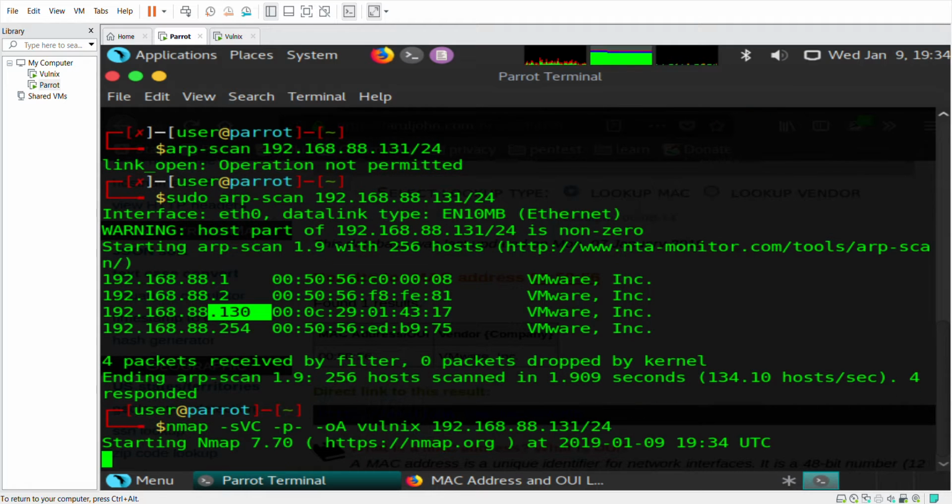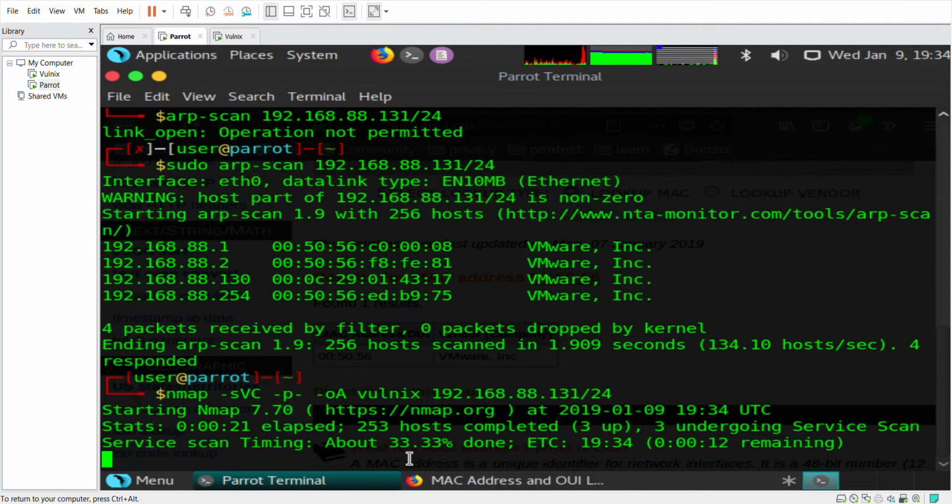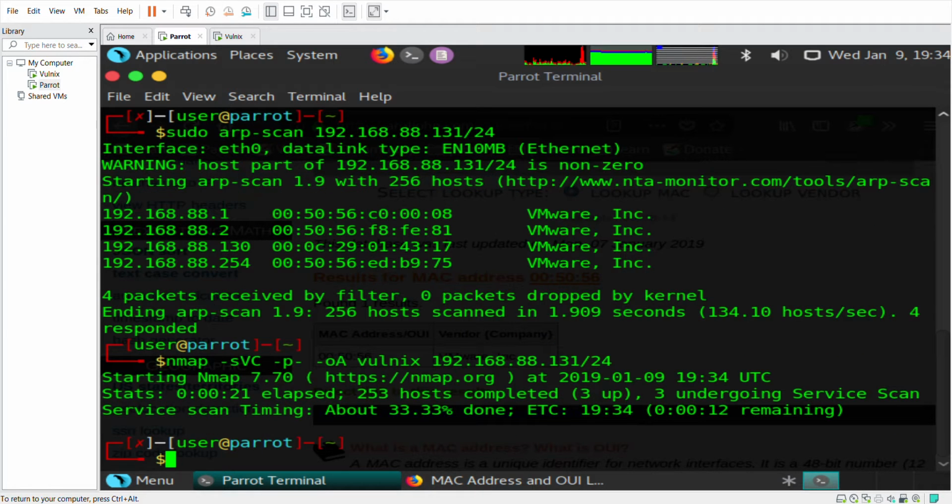We would run that. This takes a couple of minutes to come through because we're querying all ports. We want to save it in 3 different outputs, so nmap, grepable, and XML. We want to throw all the NSE scripts at this. We want to ID the version, so this would take a long time. As we press enter, we can see the percentages. Now this isn't always accurate, it might get up to about 70-80% and then start going back down. So this is going to take a bit of time, so I'm going to Control C, cut it there,